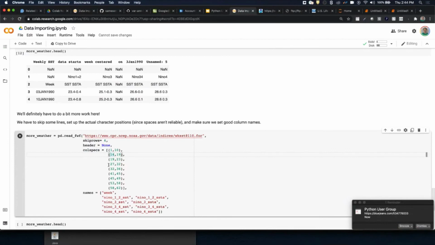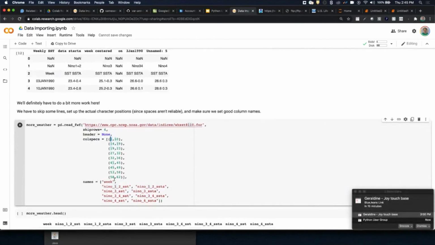And the other thing that threw me off on this is I'm so used to starting to count from 0 because Python starts from 0. But here you can actually start from 1. So I played around with these column specifications, and it took me, I don't know, 3 or 4 tries to get it exactly right. But I kept looking at the output and tweaking.